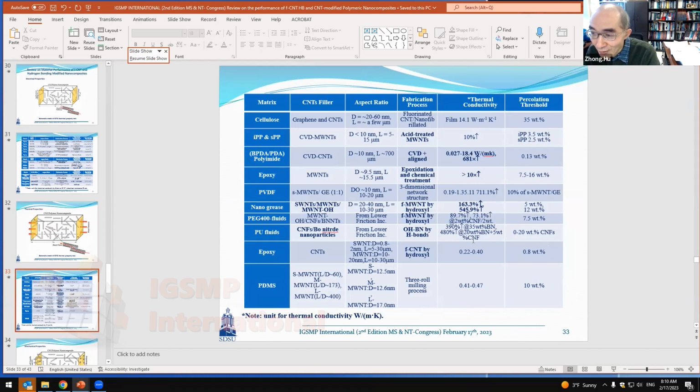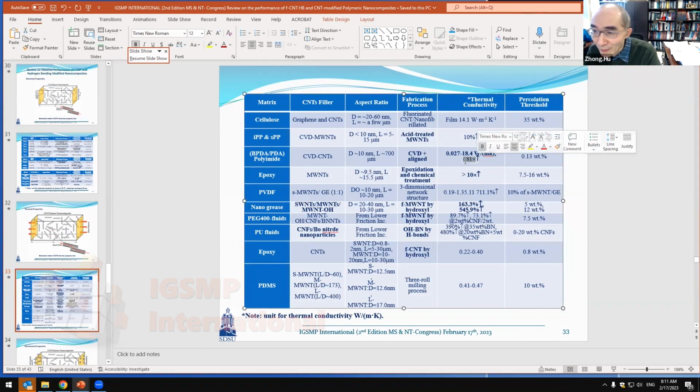For example, this one: with aligned carbon nanotube, you can increase the conductivity 681 times. That's extremely high. But usually the loading, if you look at the last column, is very low, because the nanofiller loading usually should be